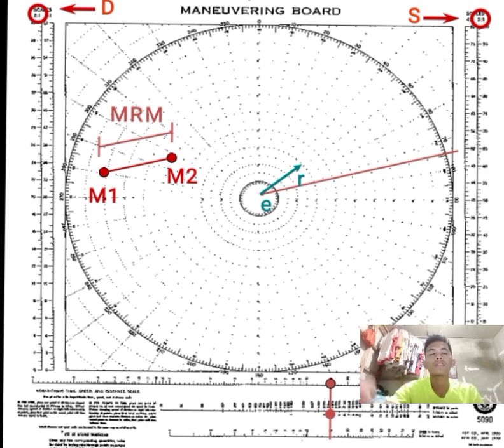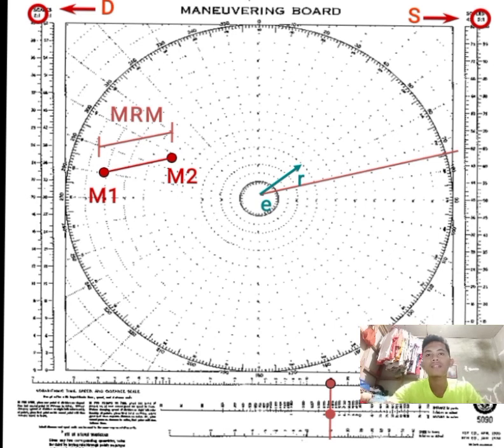So as we can see at the maneuvering board, we have the red line under the maneuvering board. That is why we can get the SRM, which is